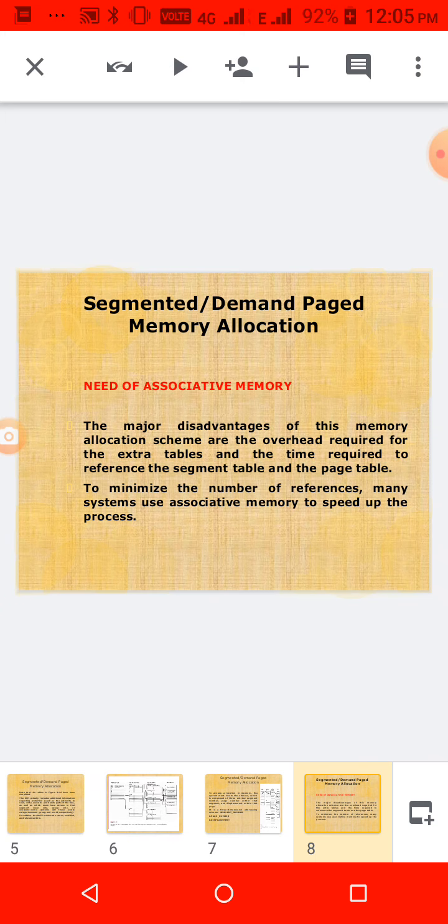The disadvantage here is that we are using so many tables, and we have to refer to each one: the segment table, the page table. All this referencing will take more time. So to minimize the number of references and speed up the process, we use associative memory.